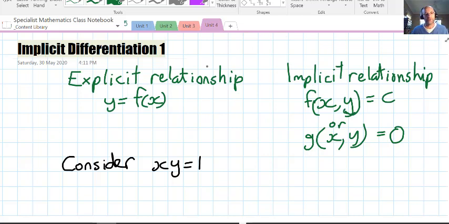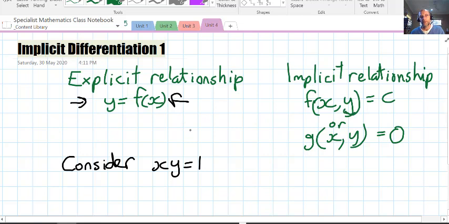This is the first video on implicit differentiation, and we're going to look at what implicit really means in this context. We've got two expressions here. Explicitly, we tend to express y as a function of x, and you should be very familiar with that if you're watching this video. Implicit is different, although by now you've probably seen things expressed implicitly. And we can convert between the two often,